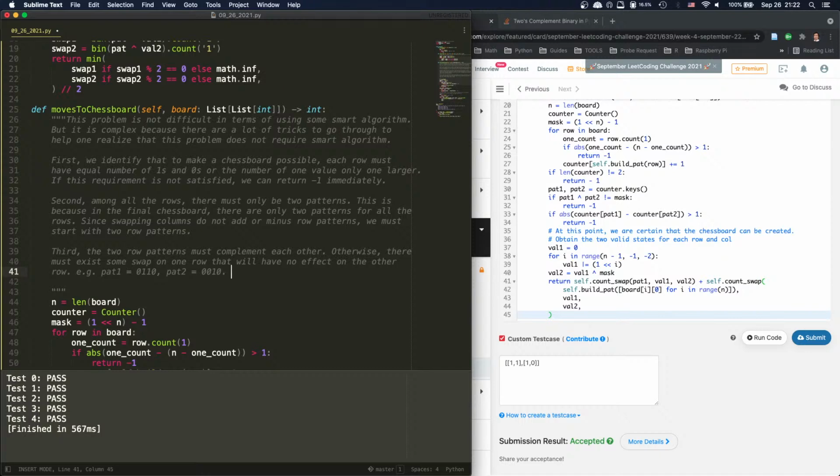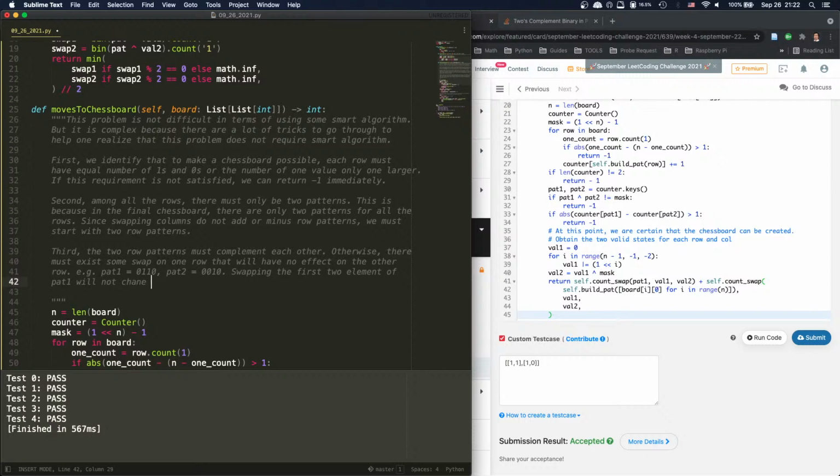Then swapping the first 2 elements of pattern 1 will not change pattern 2, which means